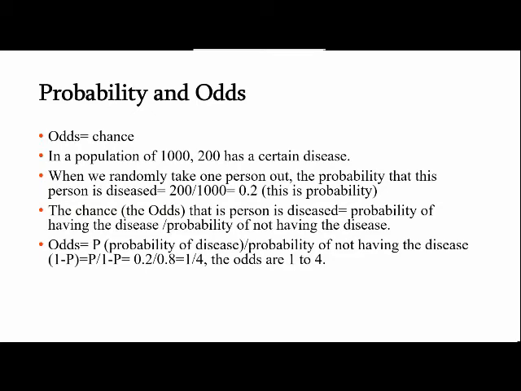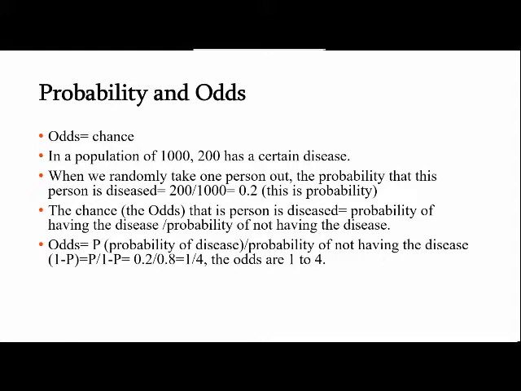Sir, actually, this is a brief of statistics. What we are discussing now is a clinical perspective. So we will come step by step. First, probability and odds, what we need to know when we start statistics. Odds is equal to chance. When we toss a coin, heads and tails each occur 50%, so it is a 50-50 chance.